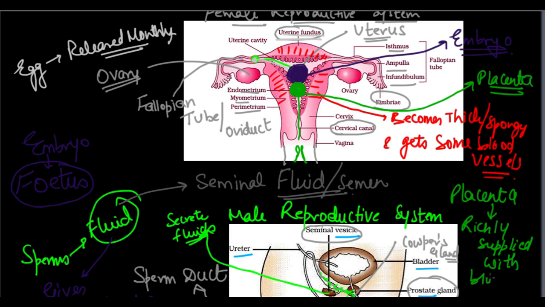So here, since it is richly supplied with blood vessels, it also helps in the absorption process. A lot of absorption takes place, and it is also supplied with villi. These villi increase the surface area for absorption. So the growing baby secretes some waste material that is absorbed through the villi to the blood, and this blood can excrete the waste products out of the mother's body.